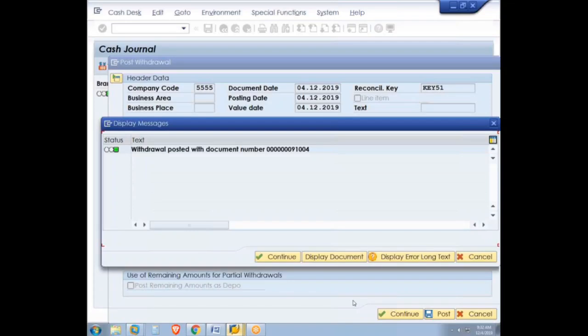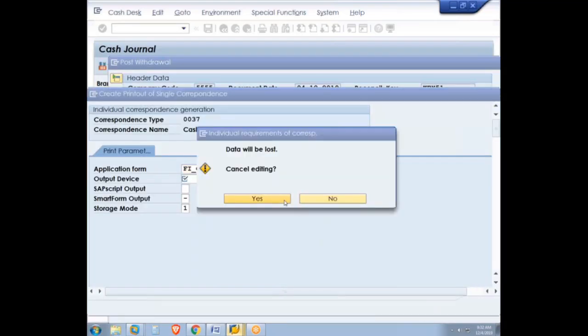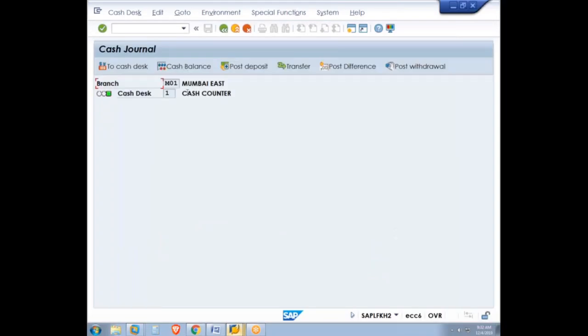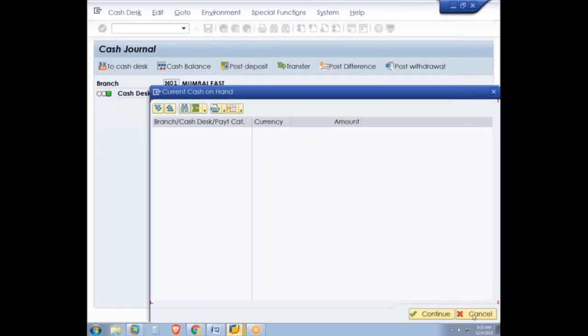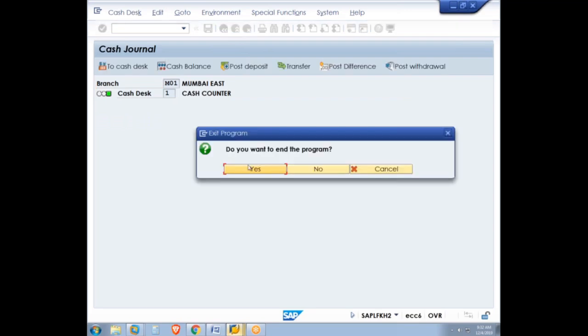Withdrawal posted to document number 91004. We'll find out. So naturally now the balance is 0. Okay. So the balance is 0. Come back. If you see the cash balance, there is no balance now because the amount has been withdrawn. Okay. So now if you see